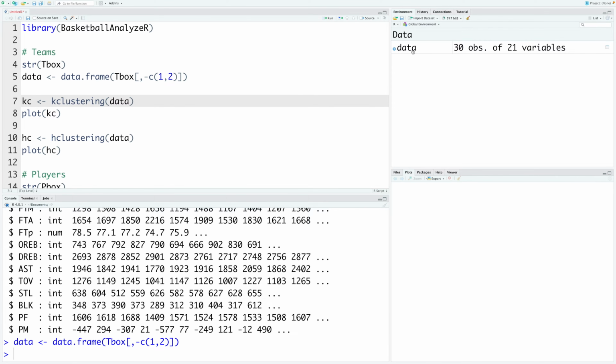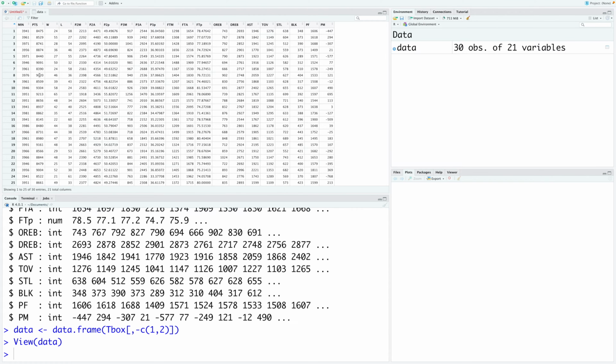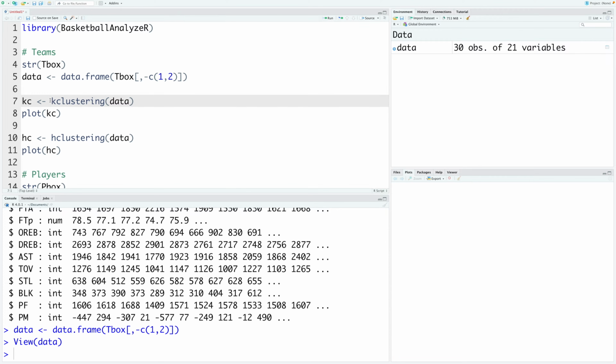So if you look at this data now, it has 21 variables and you can see first two variables are removed. And the reason I have removed these two variables is because for doing a cluster analysis, we need quantitative variables. So first we'll do the most popular clustering method called k-means clustering.